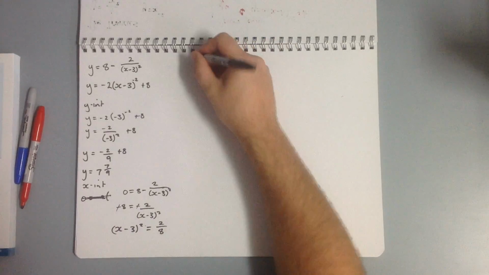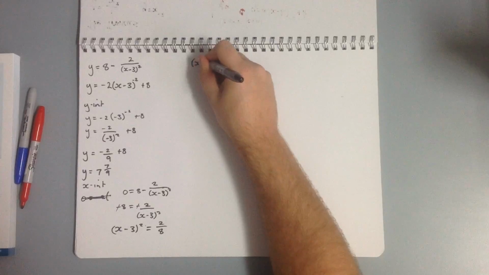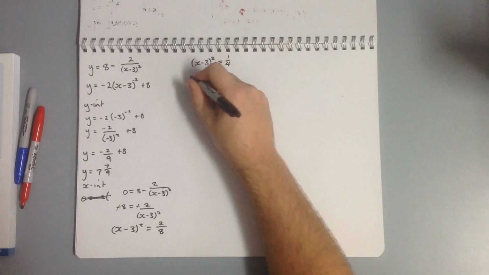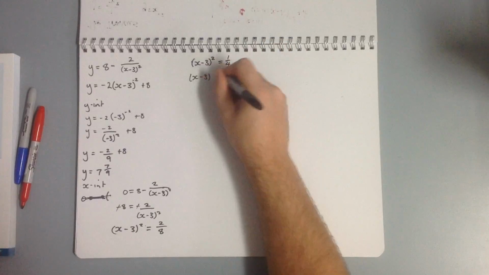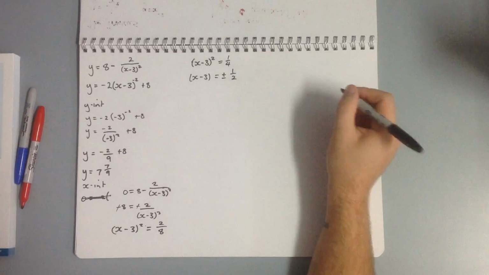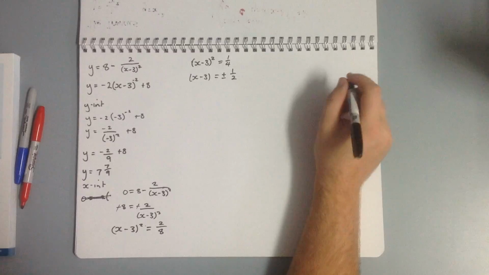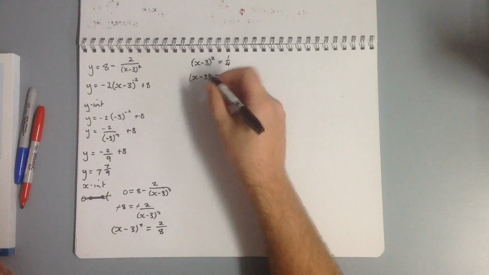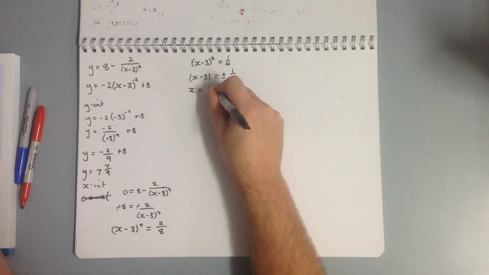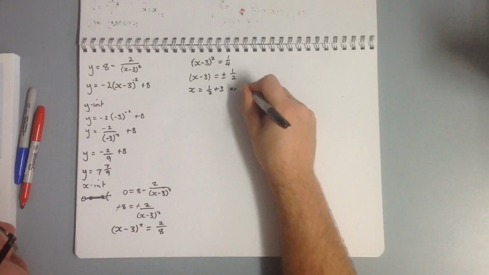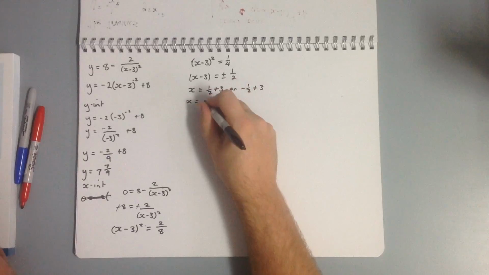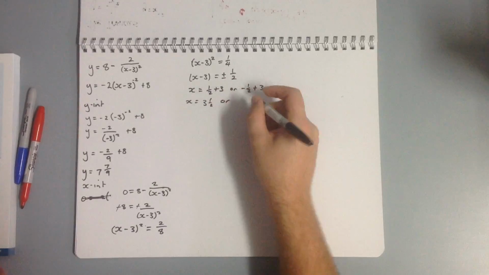So I'm going to come up here now, say that we've got our (x minus 3) squared equaling 1 over 4. This means we get x minus 3 equaling plus or minus a half when we take our square root of a quarter. So that means then we've got x equals a half plus 3 or negative a half plus 3. So x equals 3.5, or